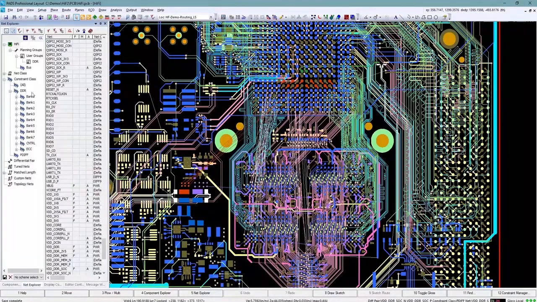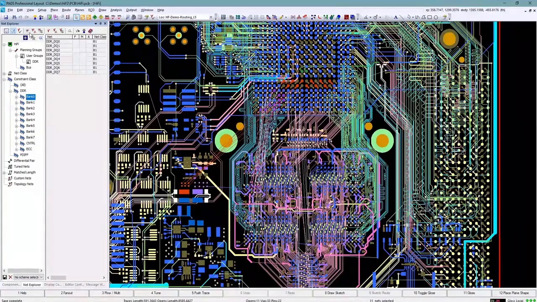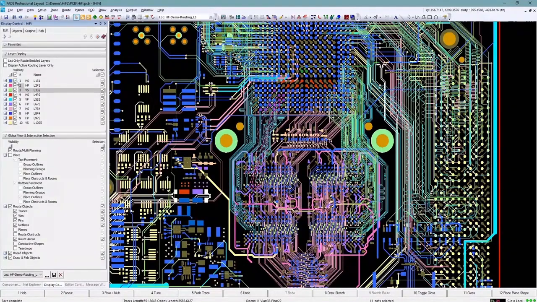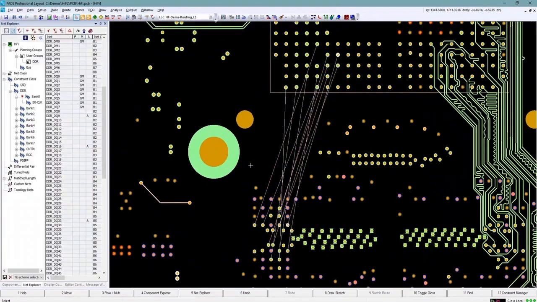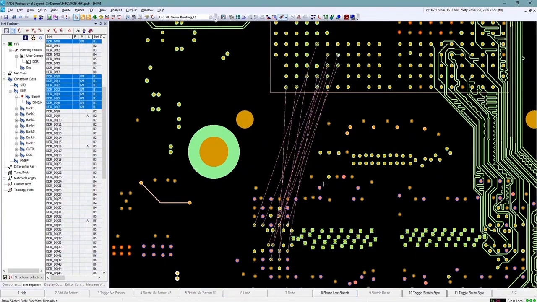We simply select one of those groups, go up to the toolbar for the window and click Mark Nets. You will then see in the PCB only those nets that we've marked will be displayed. I can then select those nets, simply draw a line where I want those traces to be placed, and tell it to sketch route. And the auto router will come up and route all the traces for us the best